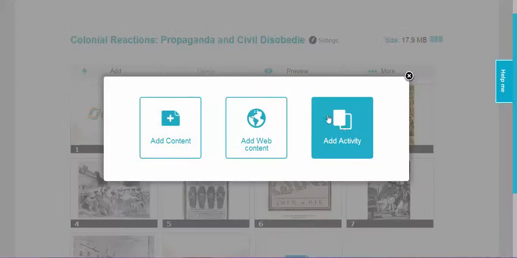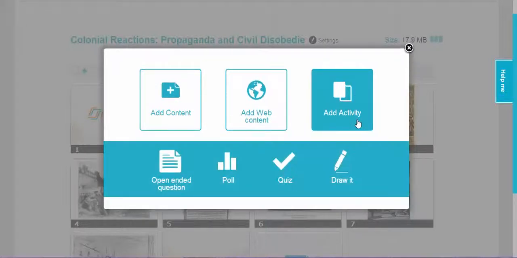So I'm going to click on Add again, and this time I'm going to go Add Activity. And adding the activity, I can do things like have them draw something, they can take a full-fledged quiz, they could take a poll, or they could answer open-ended questions. Now, all of this information, when the students answer these questions, will be sent directly